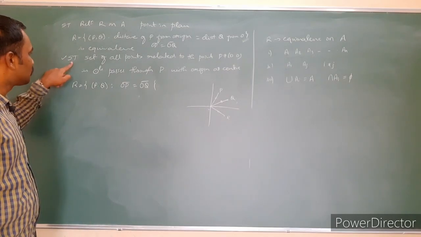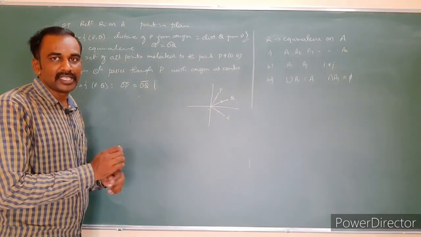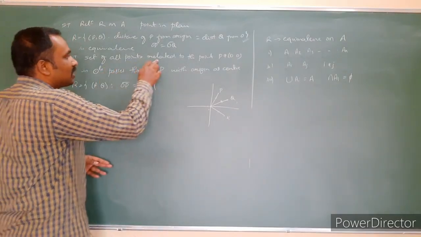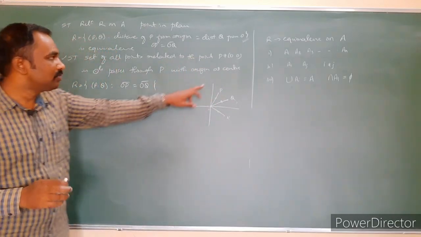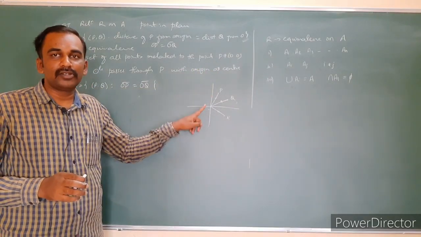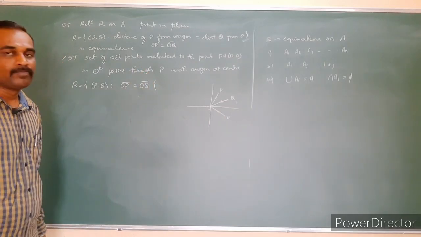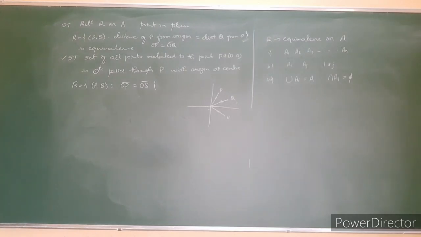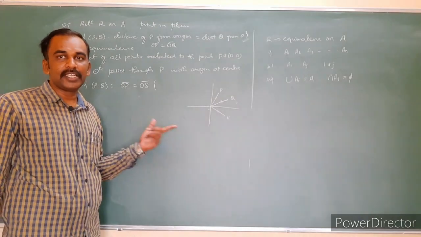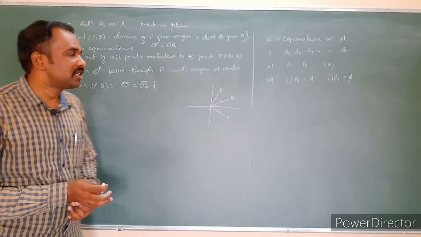What is the second case? Show that the set of all the points related to the point P, where P is not equal to the origin, is a circle passing through the point P with the origin as a center. Earlier we learned about the locus of a point, or a set of all the points satisfying a given condition, in the first PUC chapter or in coaching, which you will already have studied.